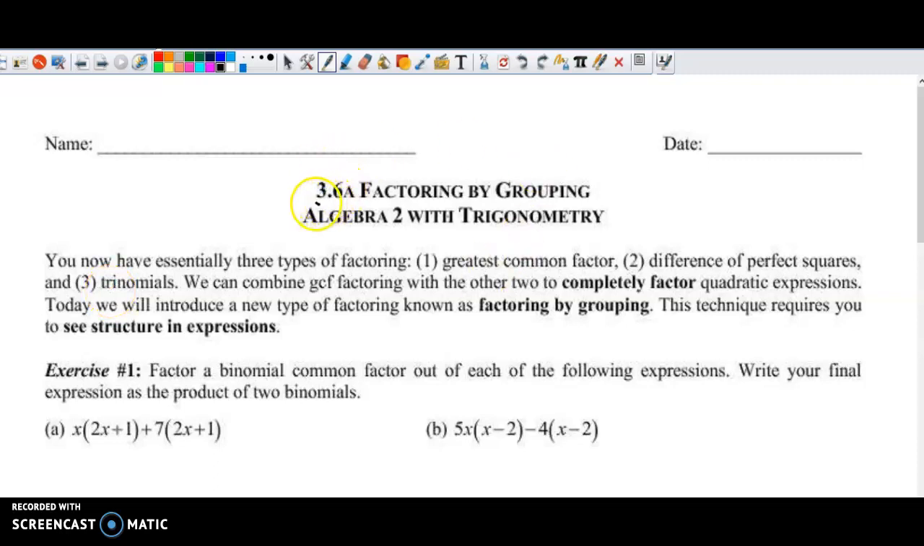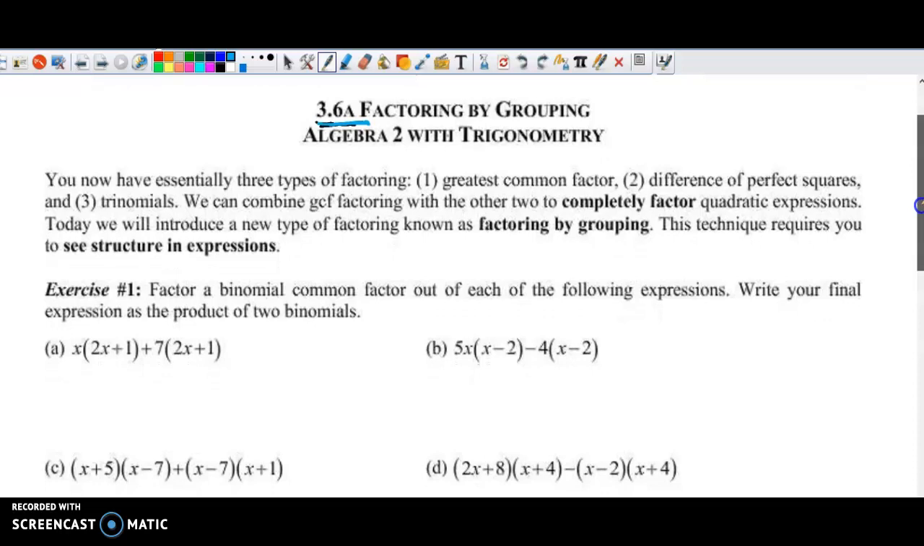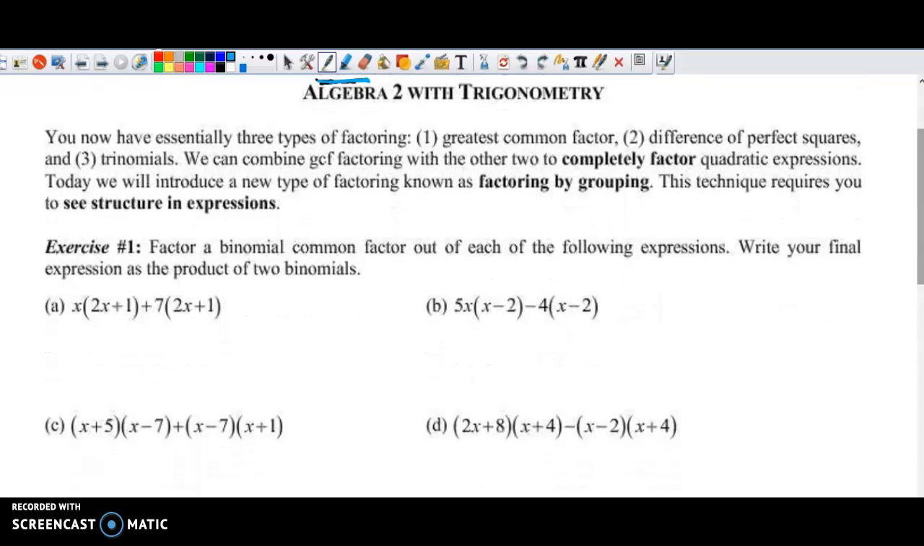If you notice, we're going to do 2 days of this. It might take us more, but we're doing day 1 of 3.6 with factoring by grouping. And the whole premise of this is, I might think of this as a different problem of x times y plus 7y, where I'm trying to think of y is equal to 2x plus